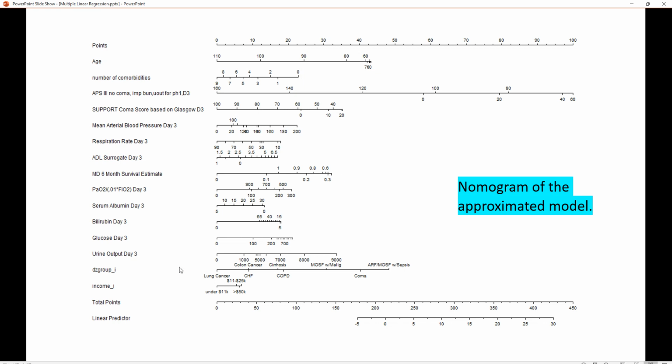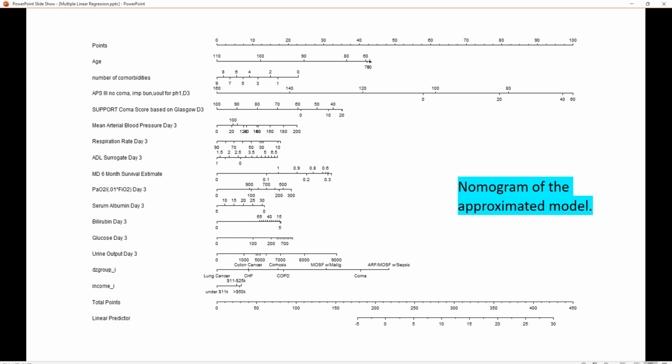If we go down to the disease group, if we go to the right, we see it's acute renal failure / multiple organ system failure with sepsis. And if we look from that mark, it takes us to about 48 points. So if we sum up all of these values for each of the different predictors, we get a total points, and say our total points comes out to be about 300. We would look under that 300 and we would see that predicted length of stay would be about 12 to